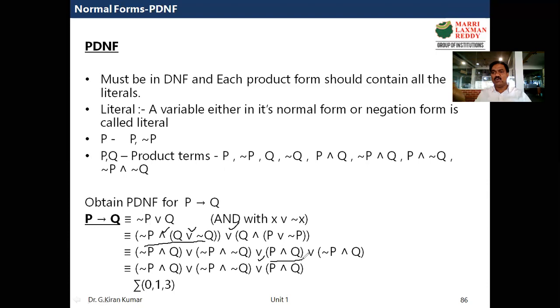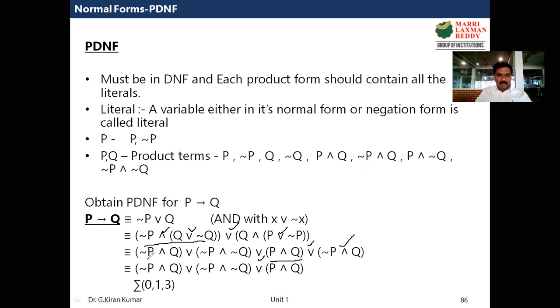Why? Because P and Q and P, they are one and the same as per law of commutative. So therefore, it is Q and P. But anyhow, to write in a sorting order, I have taken first P, then Q. So P and Q, and this R will come out. So that is R. Then this is Q and negation of P. So instead of writing Q and a negation of P, I have taken negation of P and Q. But because we know the formula P and Q is logically equivalent to Q and P. Law of commutative, right? Nice.